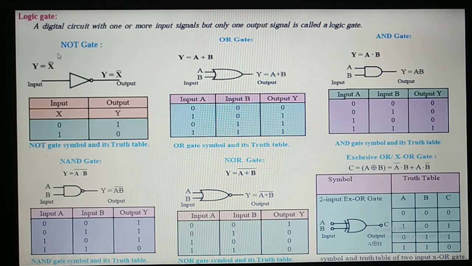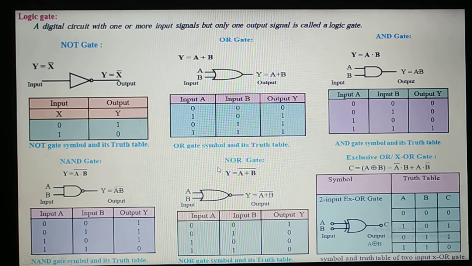Like what the NOT gate does is it inverts the input. If it is 0, it will become 1. If it is 1, it will become 0. Simple as that. If you see 0 0 0 1, it will be 1 1 1 0. Let's see here in the output, 1 1 1 0. Simple as that. Okay, its logic is like that. And see the OR also, NOR also, the output of OR is 0 1 1 1, it will be 1 0 0 0. You see here 1 0 0 0. Simple. If you want to remember like that, you can remember it.